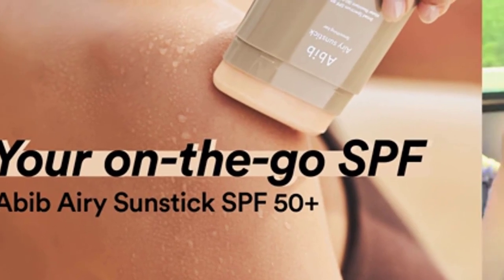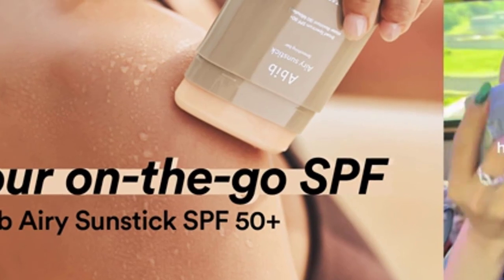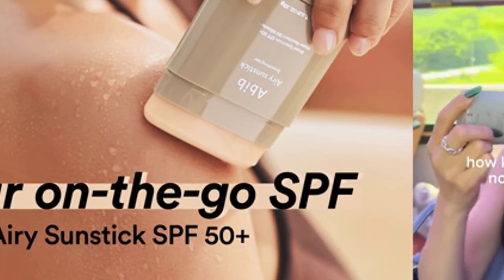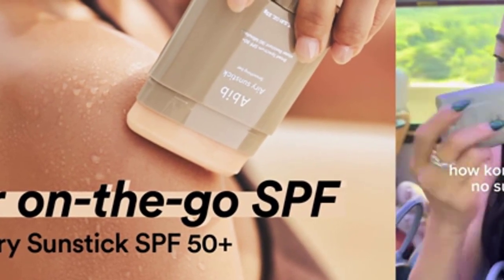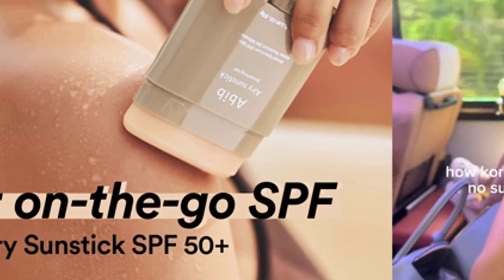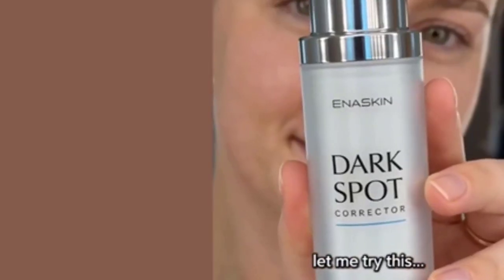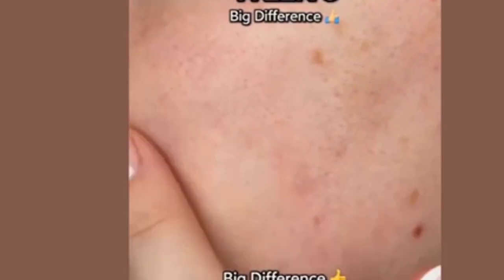Some users found it didn't work as quickly as they hoped. But here's the thing, skincare often takes time, and for a serum that combines several beneficial ingredients, a little patience can lead to great results. This is ideal for you if you want an all-in-one serum that provides hydration and brightness. Skip this if you're looking for something with a more potent focus on a single ingredient. For under $15, it's a pretty good deal for what you get. Now, if you're seeking something with a stronger focus on hydration, the last product on our list might just be